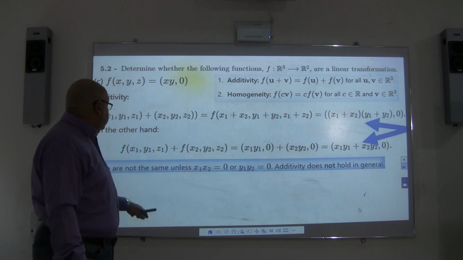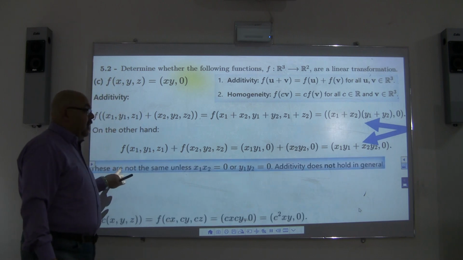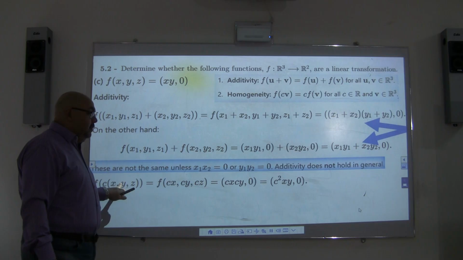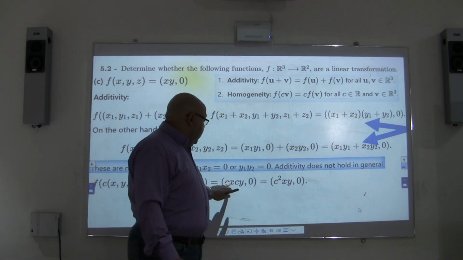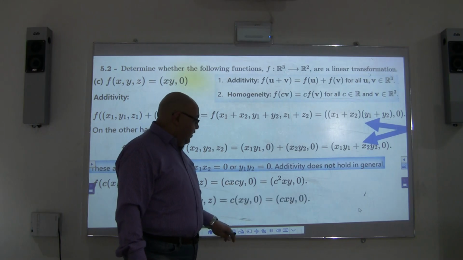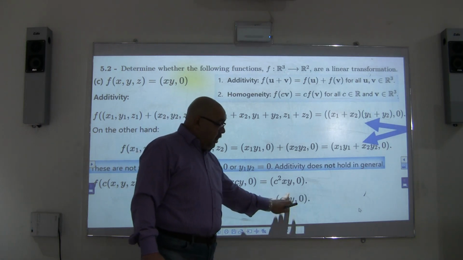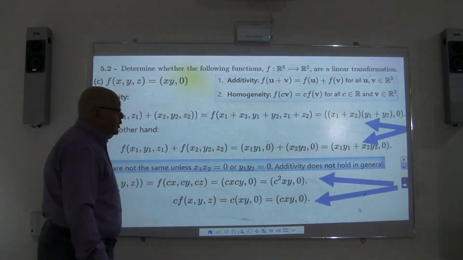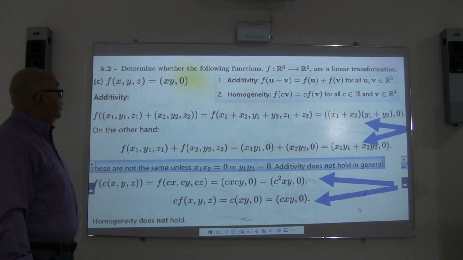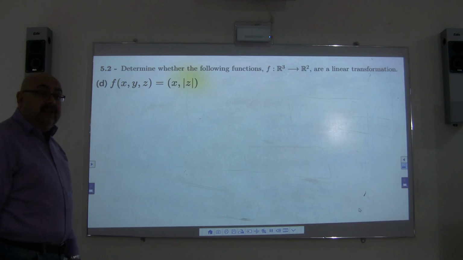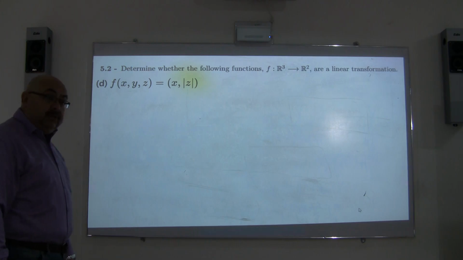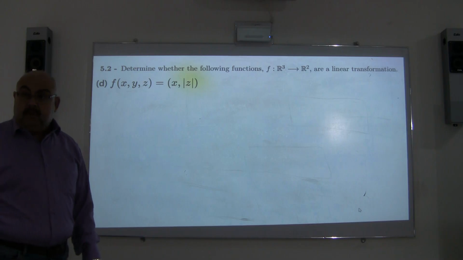Even if you want to go for multiplying by a constant number, you will end up having c squared x or y, and this is cx, the other side is going to be c of x and y, and also it's not going to hold, so it's not a linear transform. See also this example, if I have x and z, and I have x and absolute of z, which of course is not going to be a linear transform, because simply the